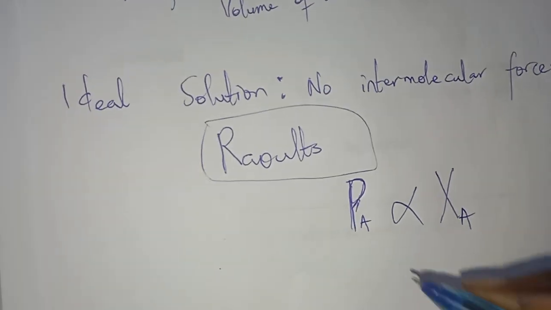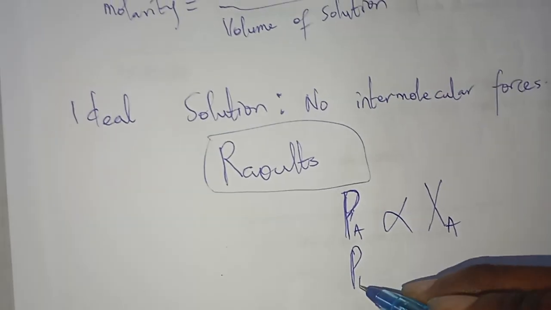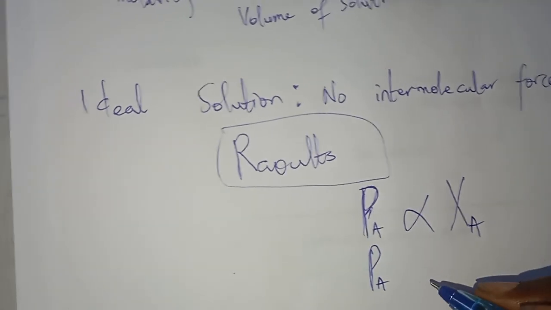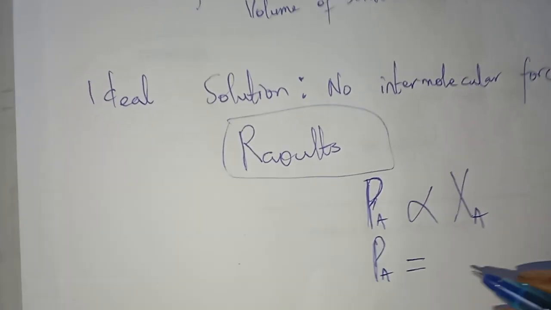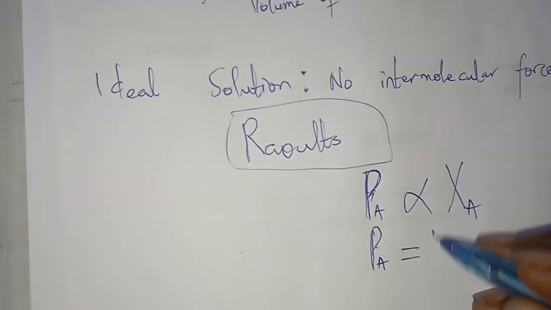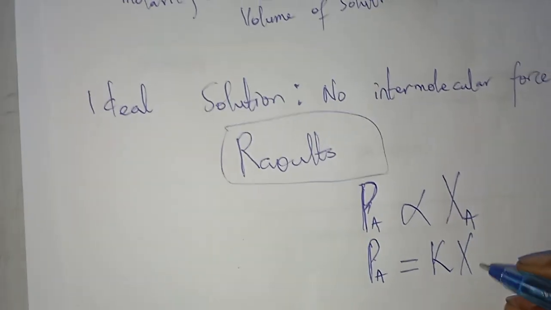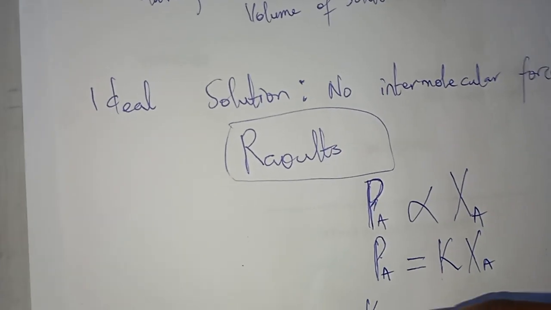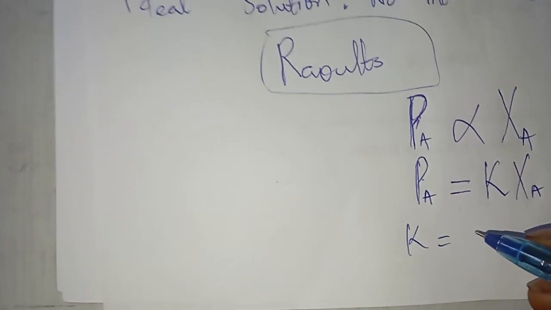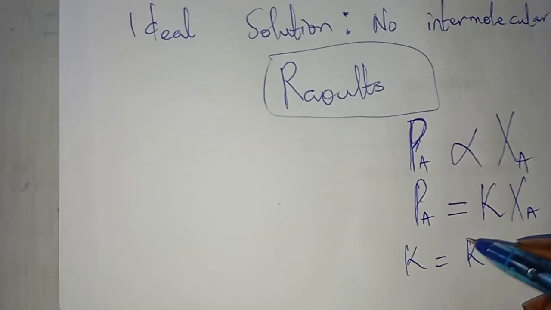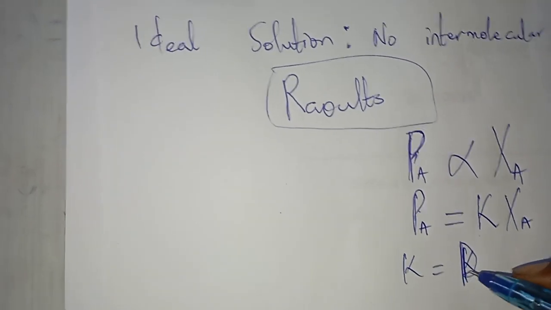And if this is the case, at equality there will be a proportionality constant, so the vapor pressure of a solution will be equal to K times XA, and this K is equal to the vapor pressure of the pure